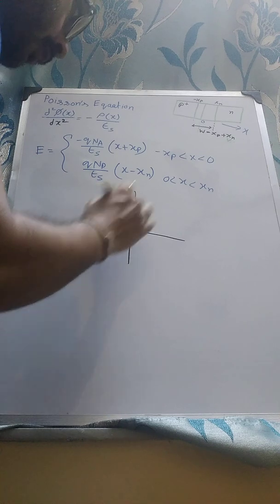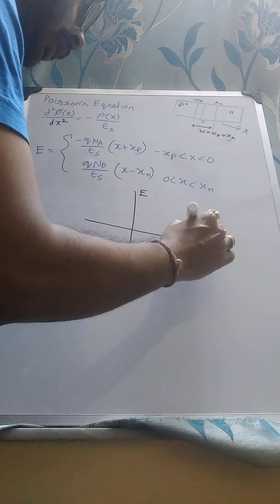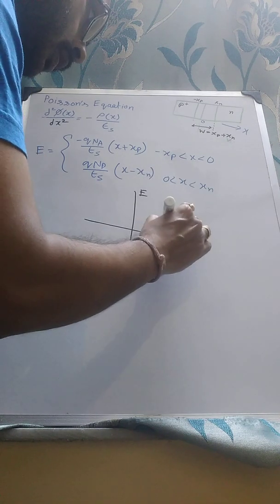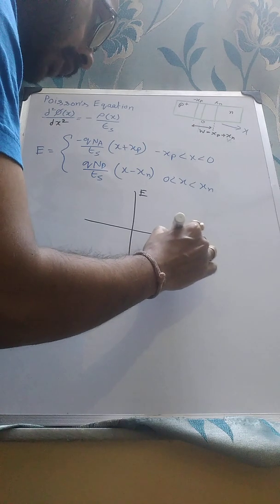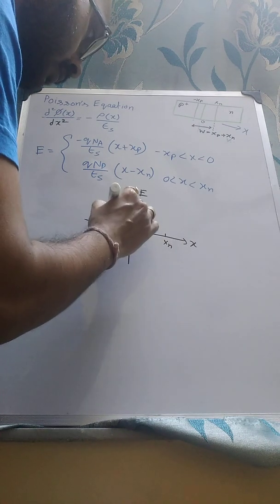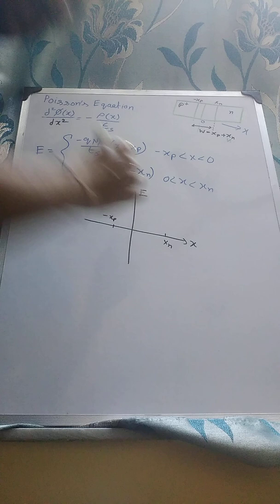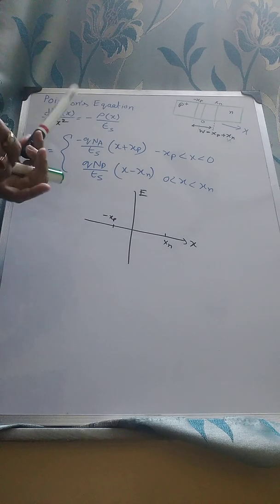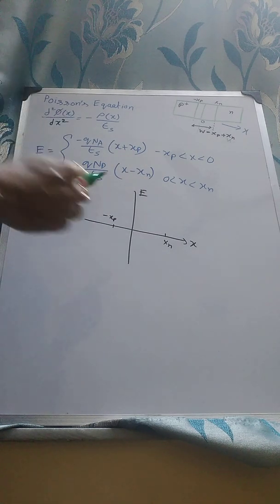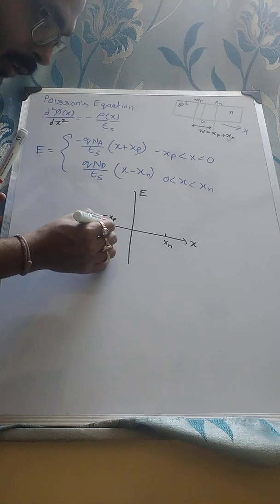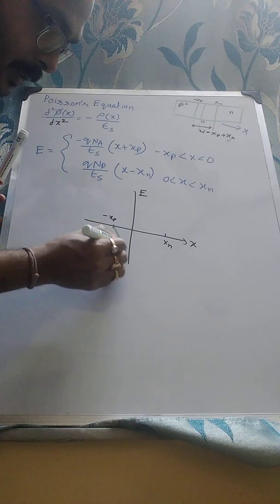So as you can see, this is the expression of electric field inside the PN junction diode, and if we try to plot the electric field, this is my E and this is X. Now if we assume this is Xn and this is minus Xp, then the plot of the electric field would be like this,